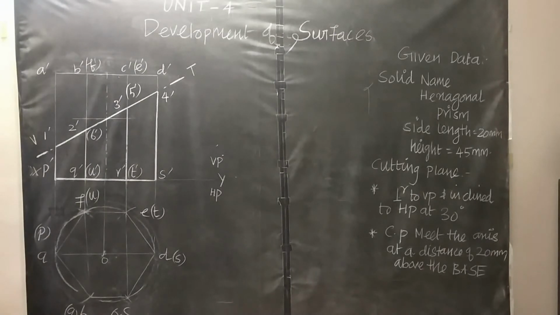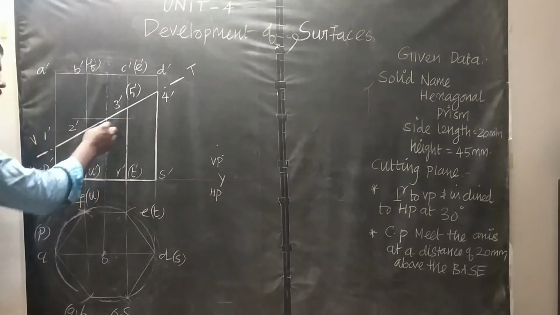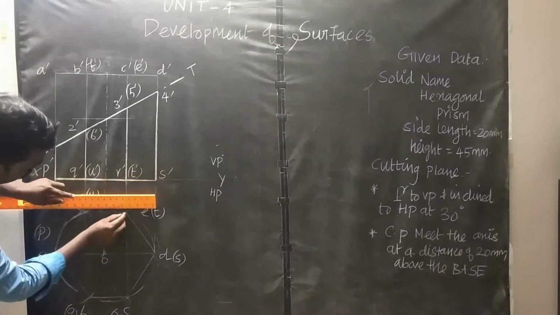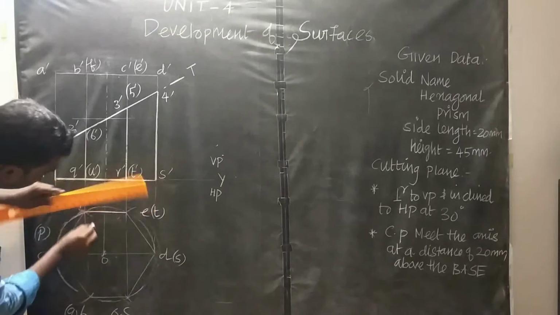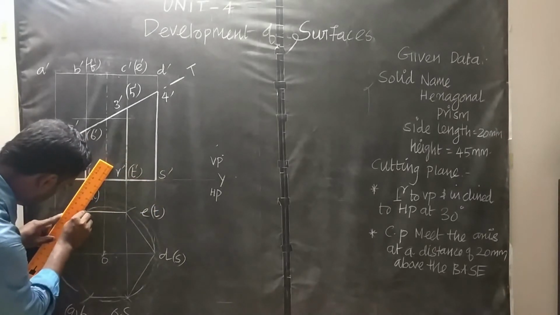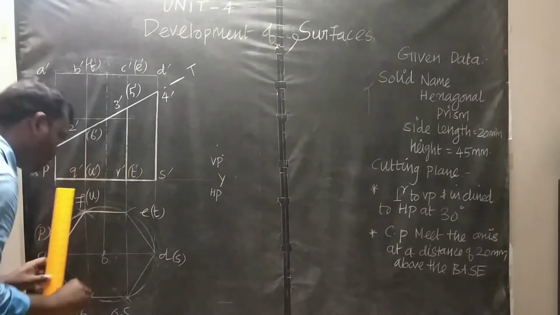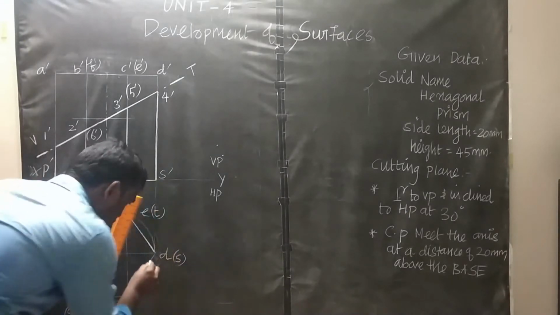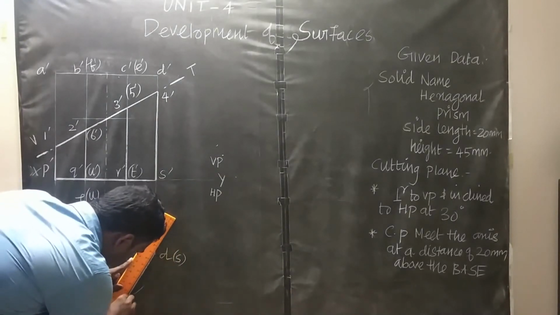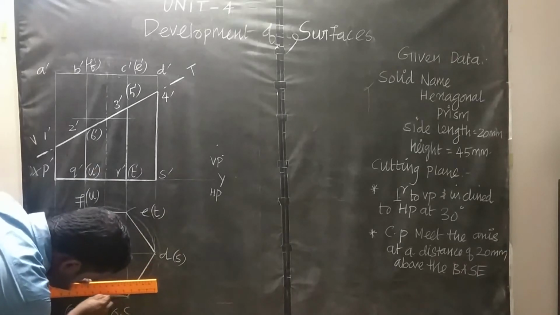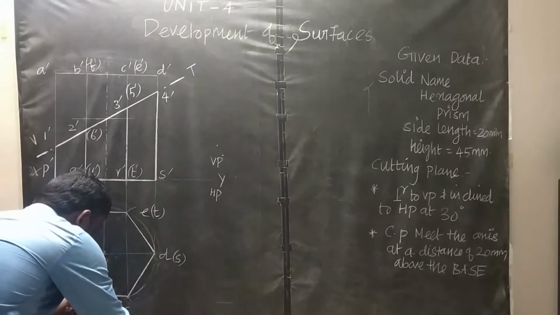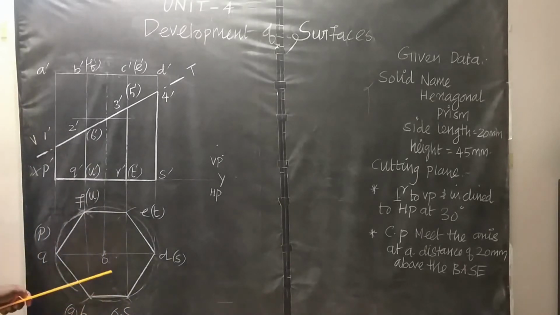So in our top view, after sectioning the solid, all the top surface is visible. So draw these boundaries darkly. Draw this outer hexagon darkly. Then indicate the cutting points. Then locate the cutting points in the top view.